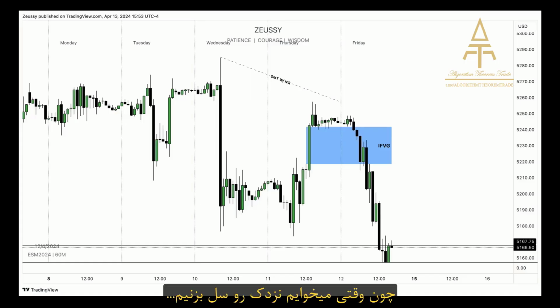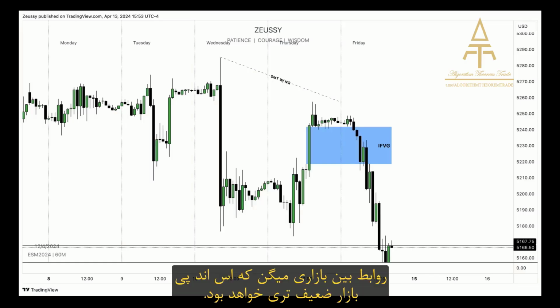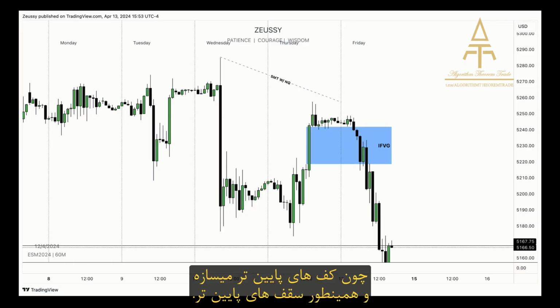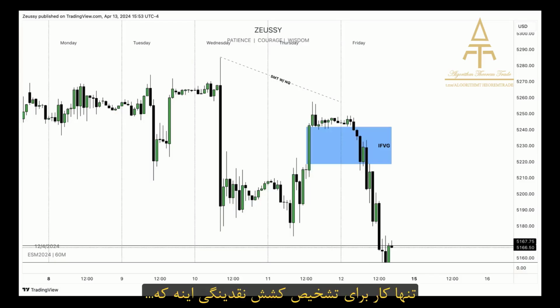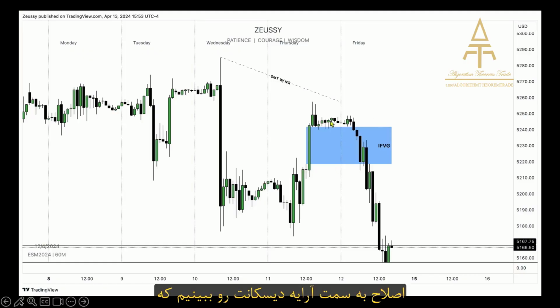Because the problem we have when we're trying to short Nasdaq is that the intermarket relationship is signaling to us that ES is the weak market because it's making these lower highs, it's making these lower lows, and it's drawn to a very specific price level that we've been discussing within our reviews. All we have to wait for when it comes to determining the drawn liquidity is the retracement into a premium array that we can utilize as a smart money reversal POI where we can sell short.